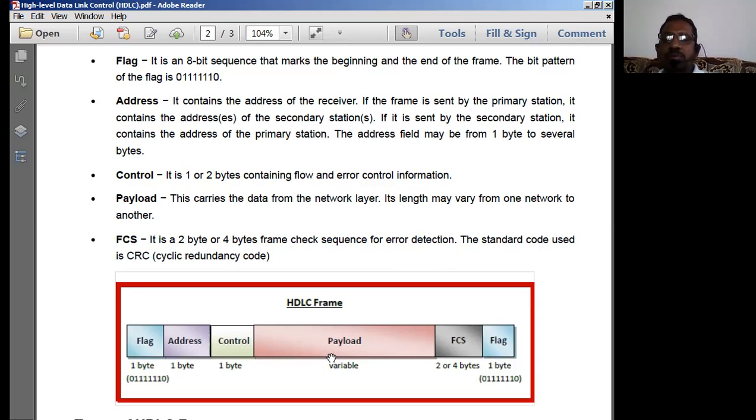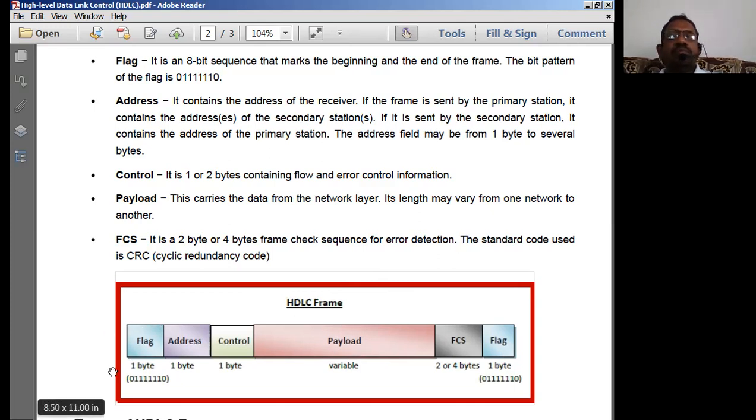The data is represented by different names. So here we call data a payload. The common name given to the data in each layer is payload. This payload is nothing but a packet, because it is coming from the network layer to the data link layer, so we can call this payload a packet. That is an important point we should have.